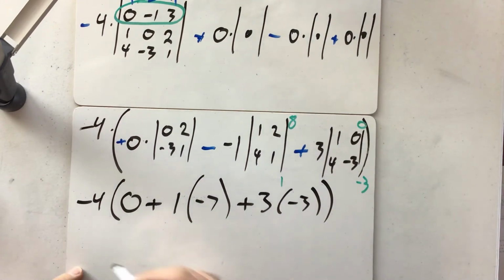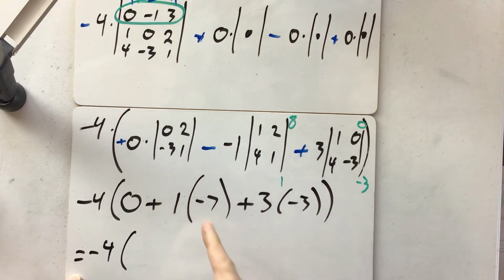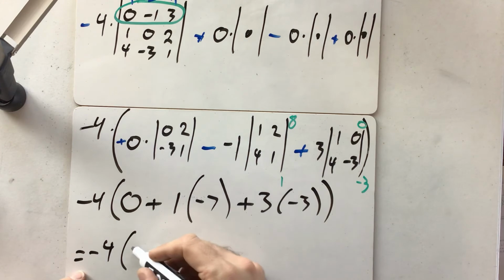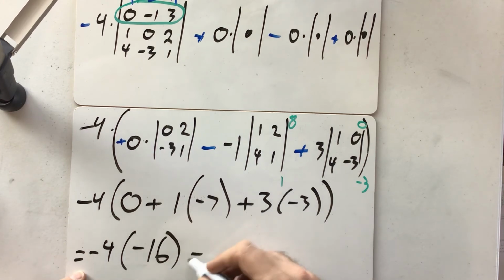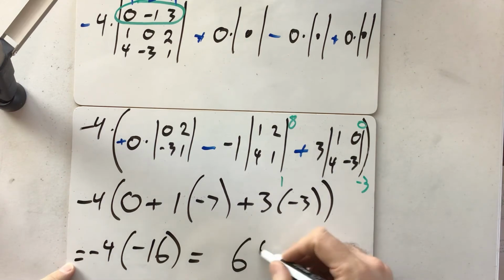And as I calculate this out, looks like I've got -4 times -7 minus 9, so -16. And so I've got 2 negatives, so it looks like I've got 16 times 4, which is 64,